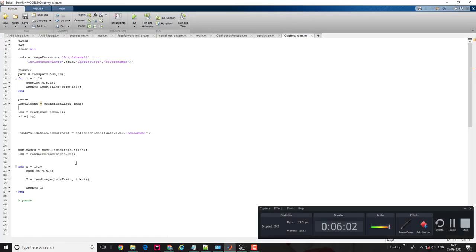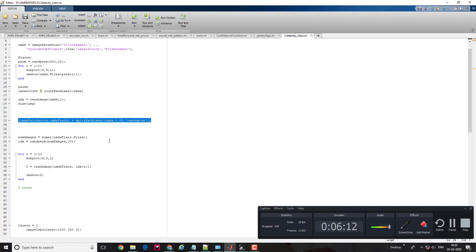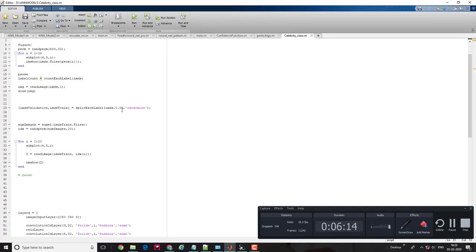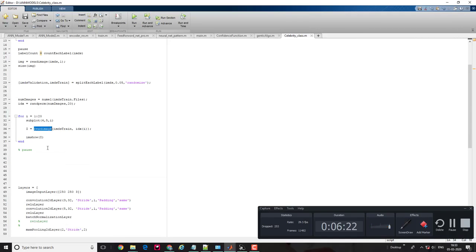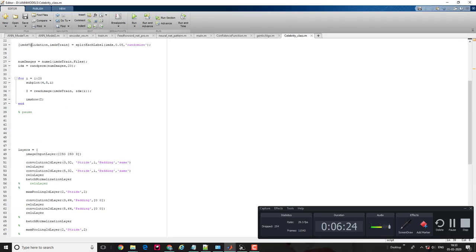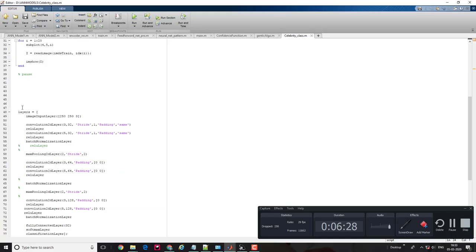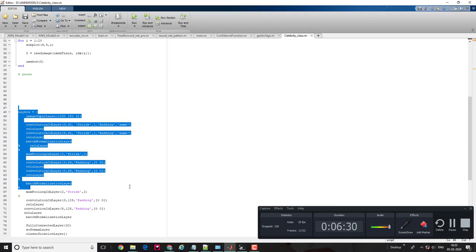Now we actually inspect the data. It's time to split the data for training and validation purpose. I'm going to show you the quick sort of training. So I've just made a split of 0.05%. You can make a split as much as you want to make the program more workable. Once I split the data into train and test validation parts, it's time to create your neural network.